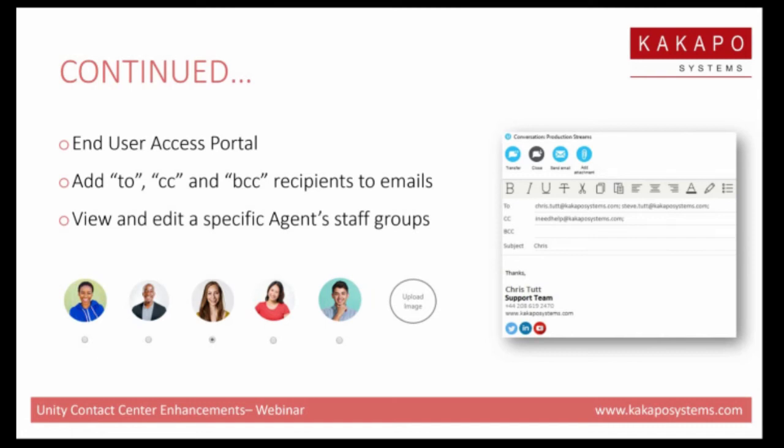And we made some enhancements to staff groups. A staff group is basically a way of combining a list of users. You could make one called sales and put all the sales guys in it. Then if you're making a media stream for sales, a sales email queue or a sales Twitter queue or whatever it is, instead of adding all the agents individually, you can just add that sales staff